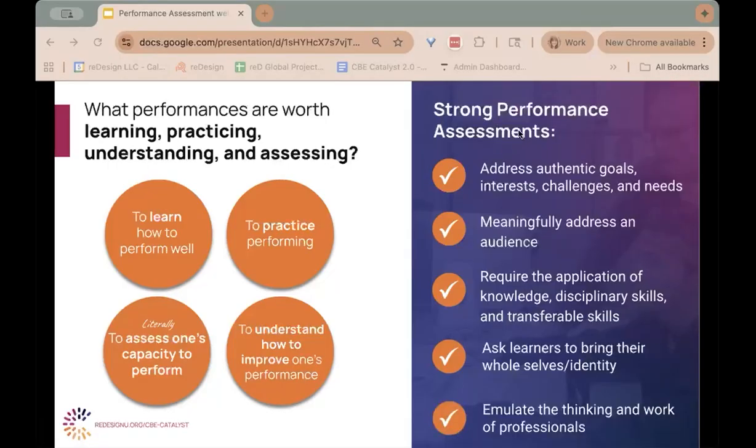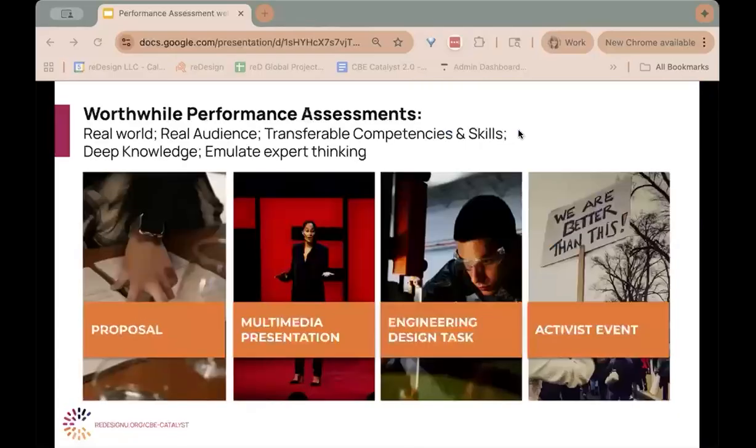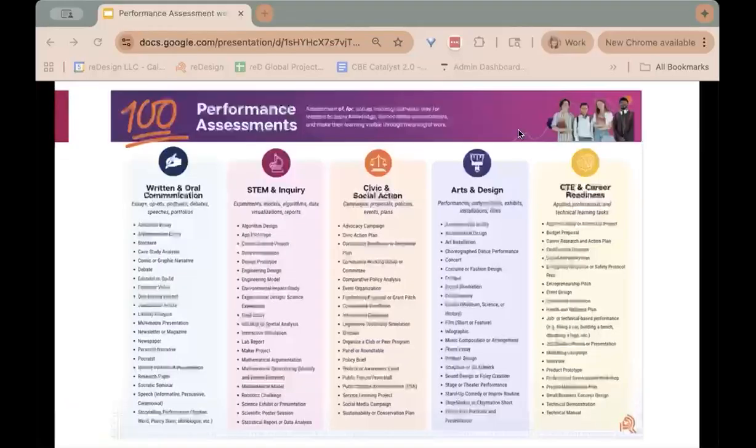And finally, these assessments mirror the thinking and practices of people who actually do this work: writers, scientists, designers, activists. These assessments are things like proposals, multimedia presentations, engineering design, and event planning and organizing. But it's not just those four, right? There's an indefinite number of performance assessments that can be designed well in a classroom or in another learning environment.